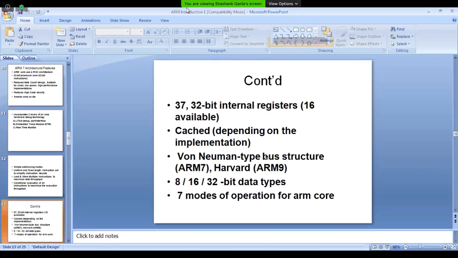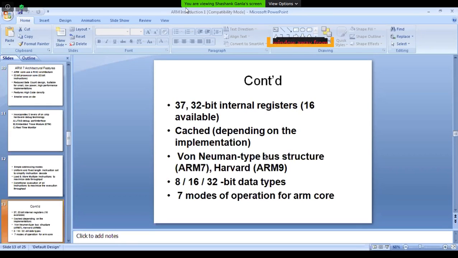If it is memory organization architecture, we may have what we call von Neumann architecture, or we may have Harvard architecture. If it is instruction set based architecture, then we have what we call CISC architecture and RISC architecture. So ARM1 core till ARM7 core supports what we call von Neumann RISC architecture,